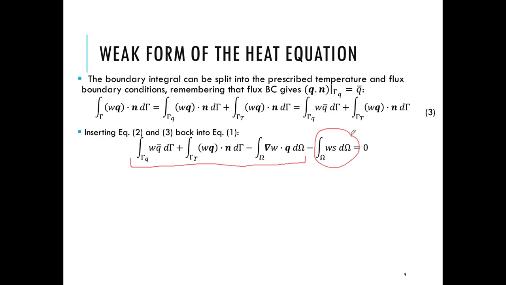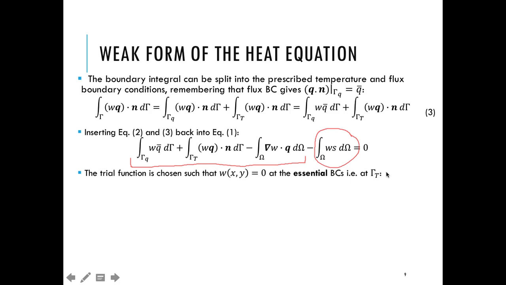Okay. Now note कि हमारा W, the trial function, was arbitrary except for one little caveat that we always have, which is कि जो weight function है W, that has to be 0 wherever we have the essential boundary condition applied. ठीक है जी. तो essential boundary condition तो हमारी इस प्रॉब्लम के लिए टेम्परेचर है. That means that wherever we have Γ_T, that is, wherever we have the temperature boundary condition, W must be zero. So on Γ_T